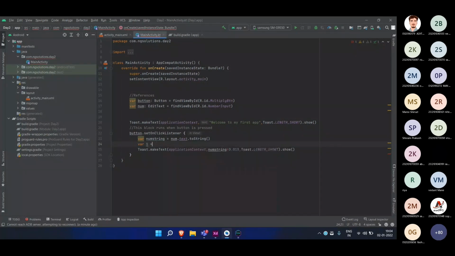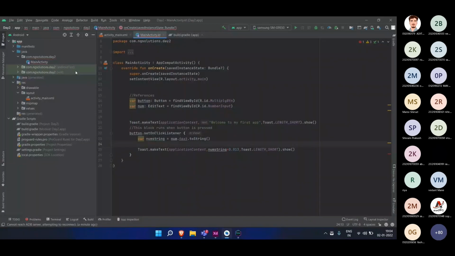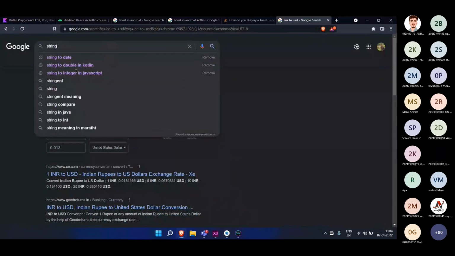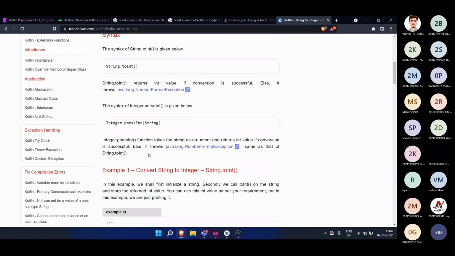parse. Okay, I can give you tips. If you are going for something new, you can explore it on the internet also. Just go and try to search for it. I am teaching you right now, this is okay, but if you want to learn on your own, how can you learn things like this? Let's say you're not sure whether this is even possible or not, just try to search string to integer, int or integer, in Kotlin. So here you go. Search the first thing, convert the thing in Kotlin.